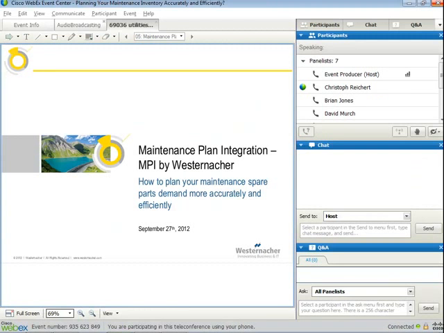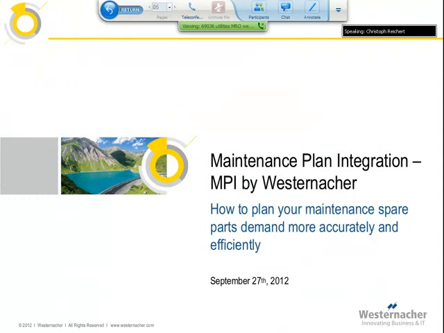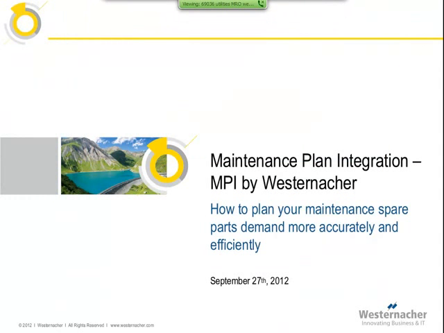Yeah, thank you very much, Rod and Brian, for the introduction, and most of all for giving us the opportunity to show our solution to support this SAP supply chain integration and solution. I would like to lead over to the main topic for today's webcast and introduce Westernacher's MPI service. MPI stands for Maintenance Plan Integration. MPI is a service that Westernacher has developed to support SAP's integrated supply chain concept, and it leverages SAP Service Parts Planning, which is SPP, and Plant Maintenance, which is PM, and helps utilities plan their spare parts demand more accurately and efficiently. And our service will ensure that the right part is available for maintenance work at the right location at the right time.